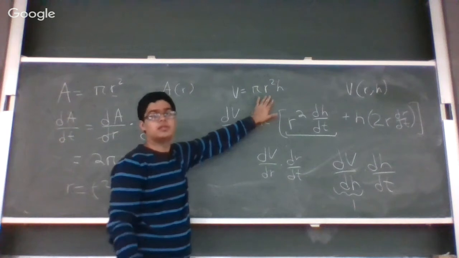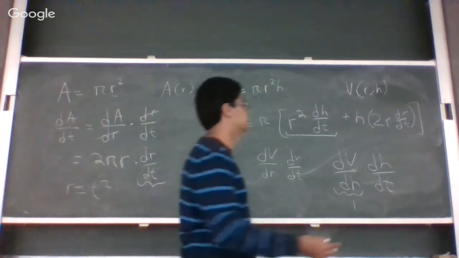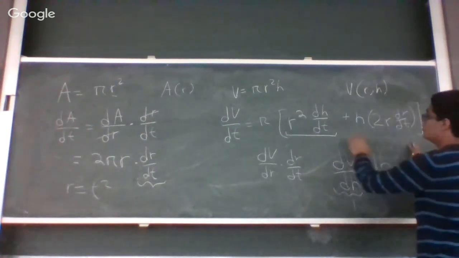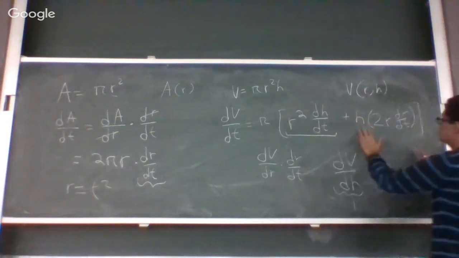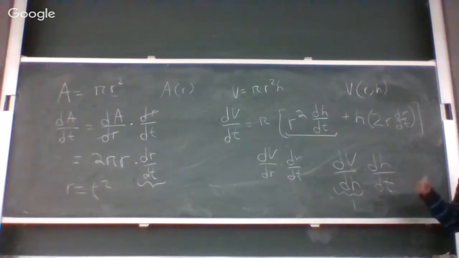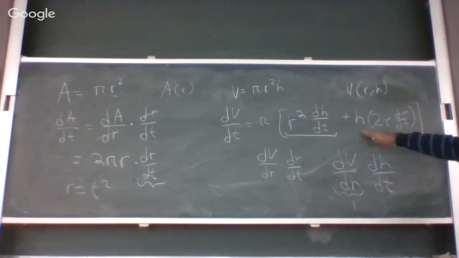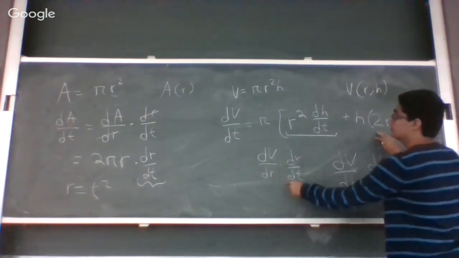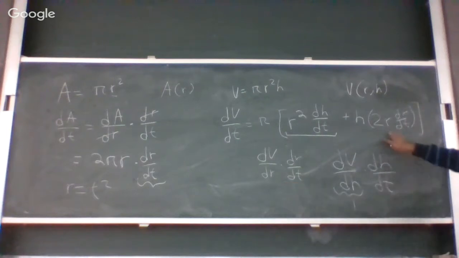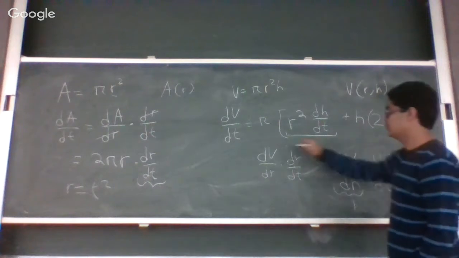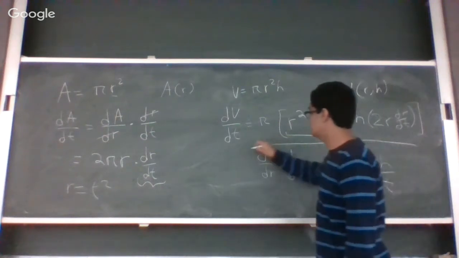Okay? Then we do the product rule, which is looking at the other term. We treat H like a constant. We take the derivative of the second number. Okay? So you guys remember that? So then it's dV over dr, which is 2R times dr dt. I'll say that again. So whichever one you're taking the derivative of is the one that you do the d